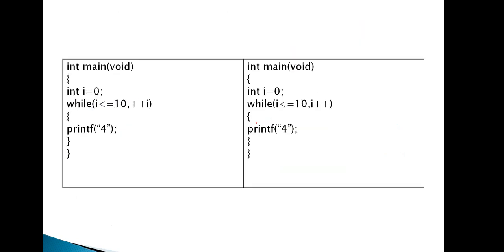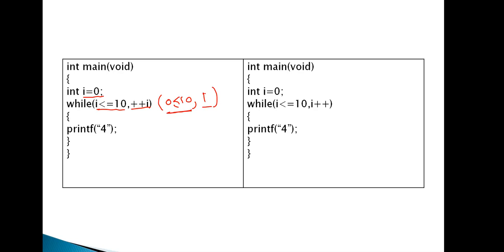Now, this is one more program. Int i is equal to 0, while i less than or equal to 10, plus plus i. This type of programs was already discussed in the first two sessions. What happens? 0 less than or equal to 10. Yes, the condition is true. Plus plus i. What is the i value? 1. So among these, which one is considered? Generally, step by step, everyone is considered.